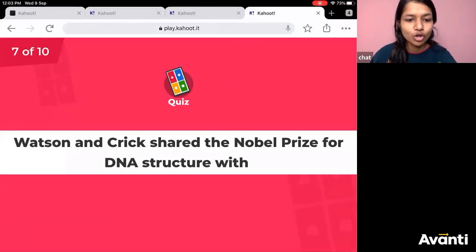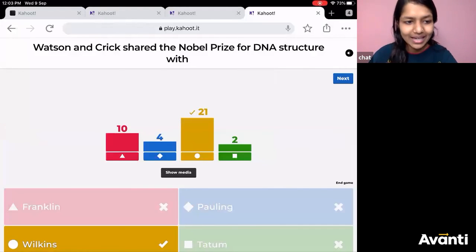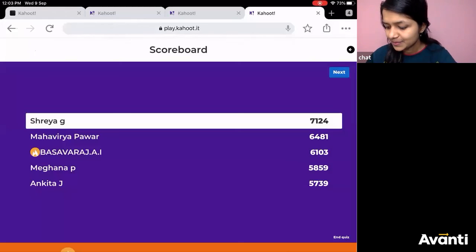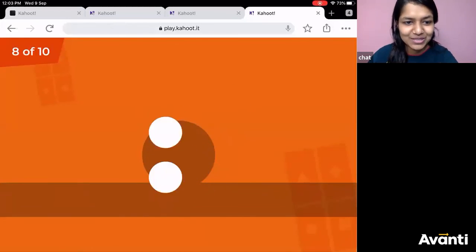Watson and Crick shared the Nobel Prize for DNA double helix model. With whom? Yes. NCERT, if you follow, you will get it right. Tejas, NCERT एक बार पढ़ना था ना? Yes, पूजा, नरेन, किशोर, हरी, अंकिता, सब सही है? So it is Wilkins, right? Along with Wilkins, they had got the Nobel Prize. So now no one can take Shreya's position. She is fixed.